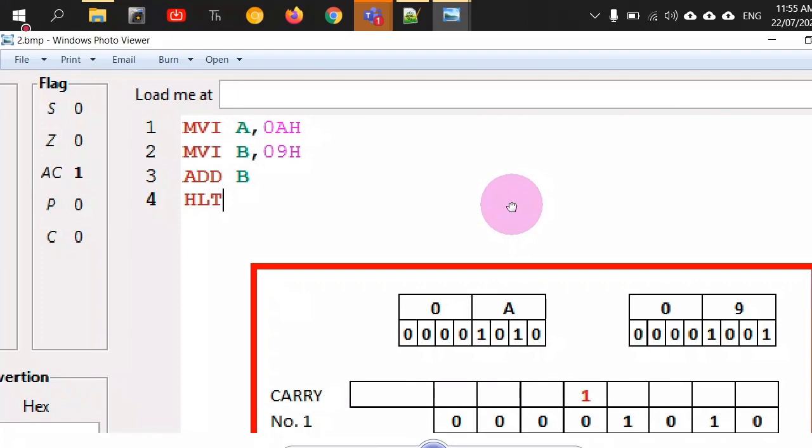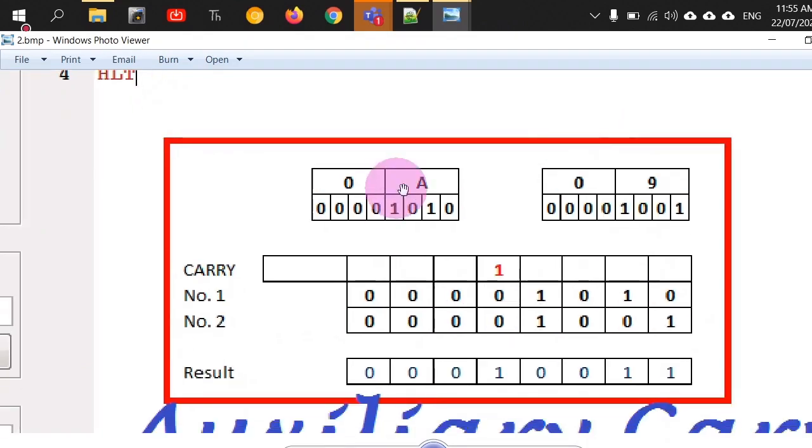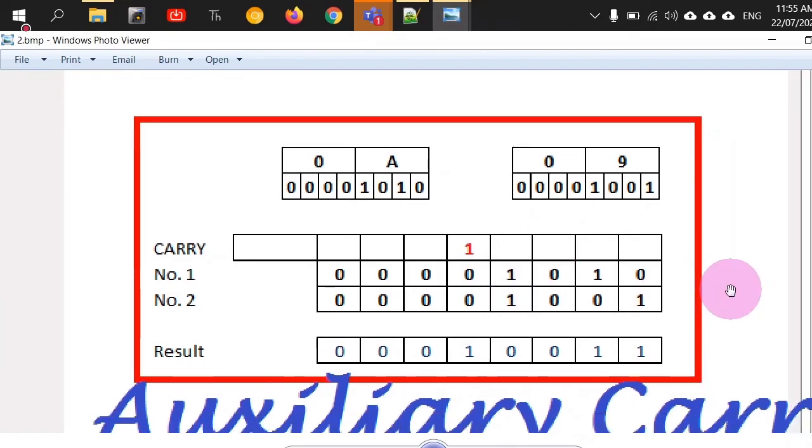We can check which position the carry is coming from. No, but auxiliary carry only says it for the position which is out of the lower nibble. So why are we discriminating against other positions? I mean, when you add 2 numbers, there could be a carry occurring from any position. So why is this position so special? Okay, I'll give you a hint. Not a hint, I will actually give you the answer.